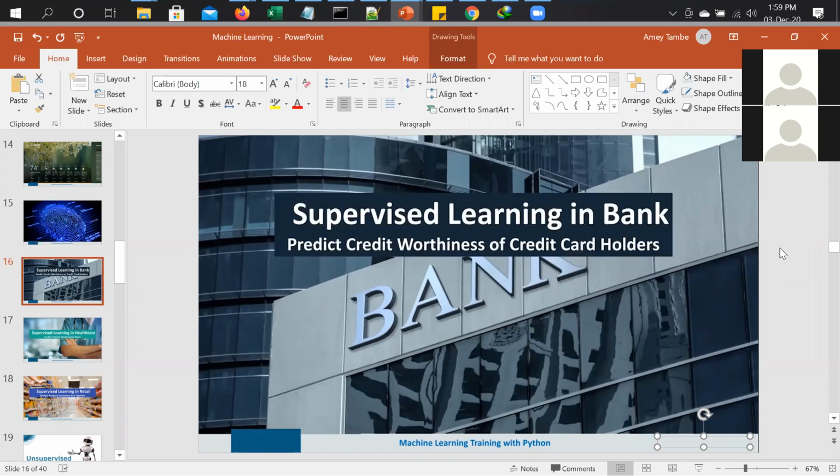So that time we can use supervised learning, and we can feed it that particular data, and we can see the worthiness of that particular applicant, or the applicants which have already applied for the credit card. We can see the worthiness of those applications. So depending upon all the criteria, the criteria will be our parameters.